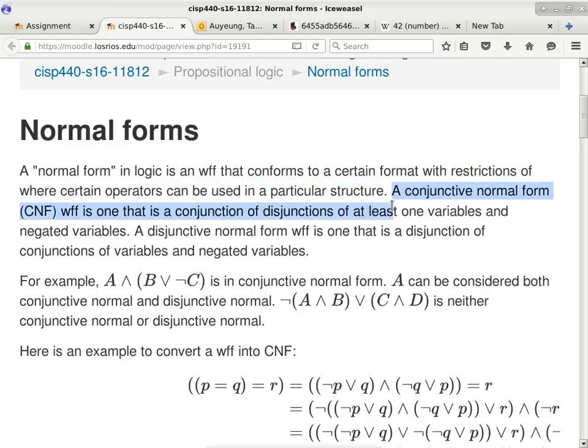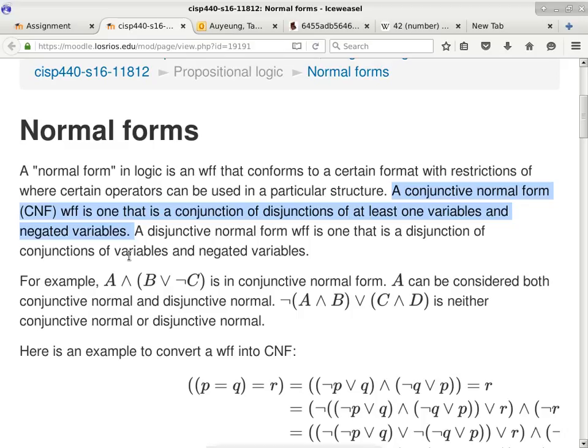If you want to describe it very briefly in one single sentence, a conjunctive normal form is a well-formed formula that is a conjunction of disjunctions, and the disjunctions consist of at least one variable, consisting of only variables and negated variables. Okay, there are several ways to look at this. One way to look at this